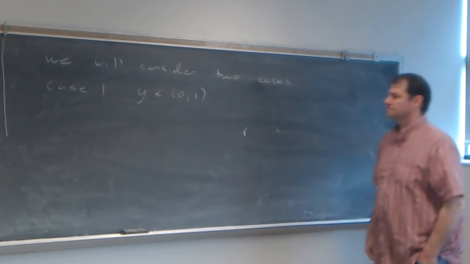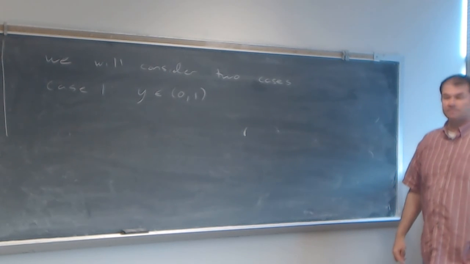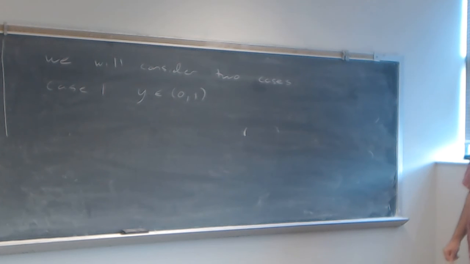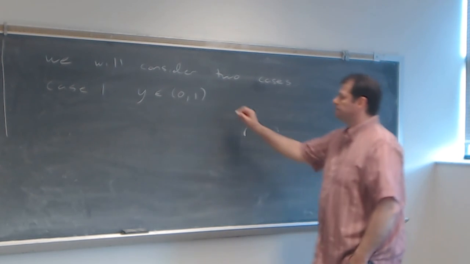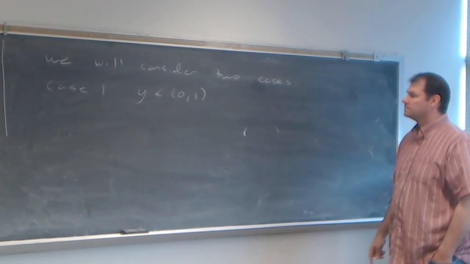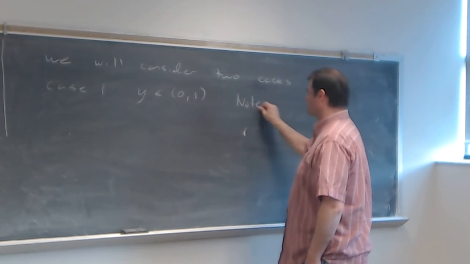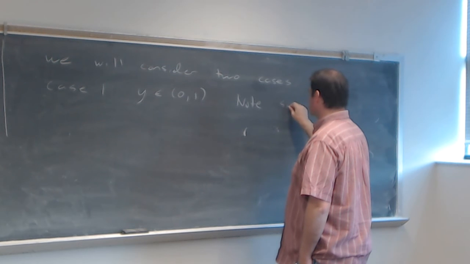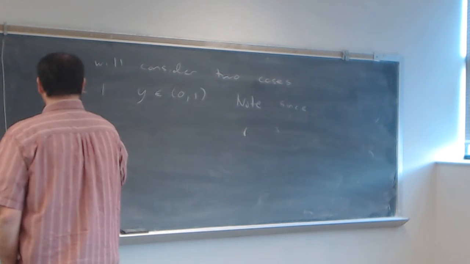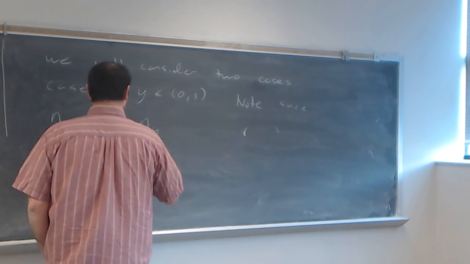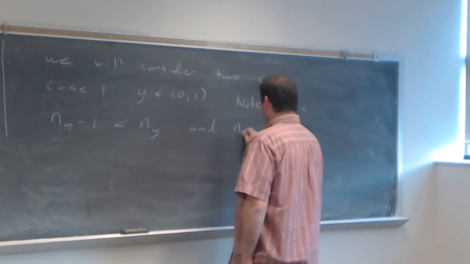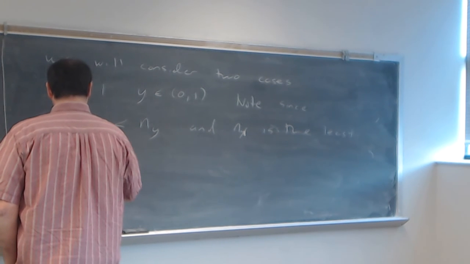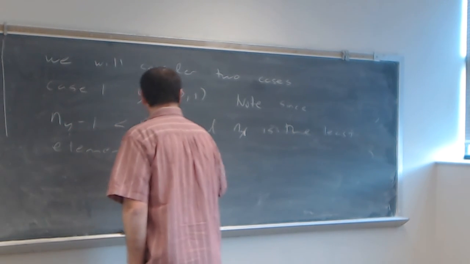So y is something in between 0 and 1. First of all, let us note since n sub y minus 1 is less than n sub y, and n sub y is the least element of E sub y,